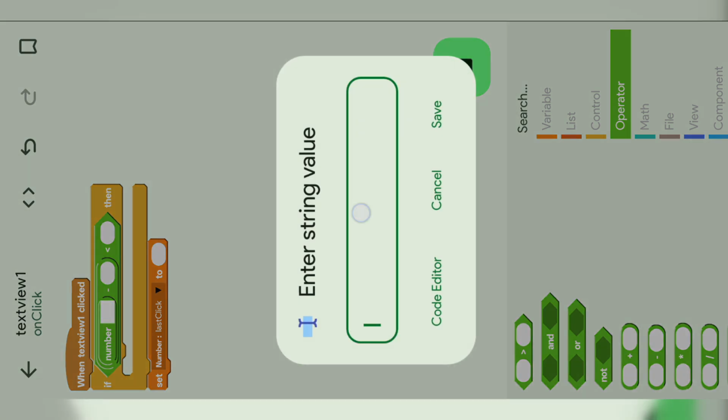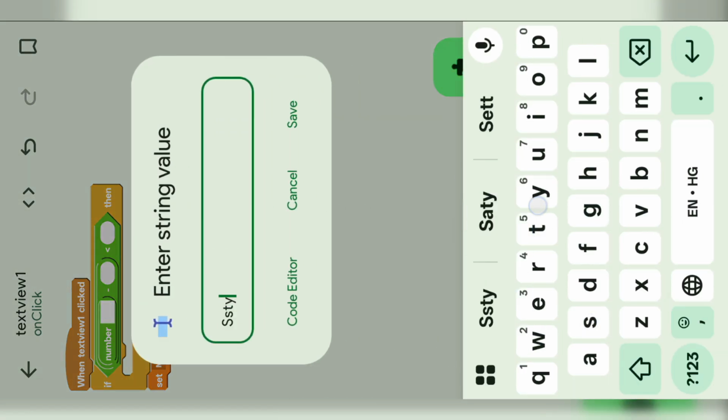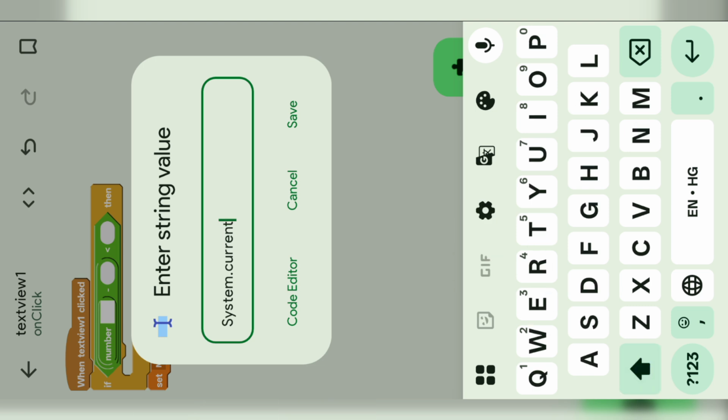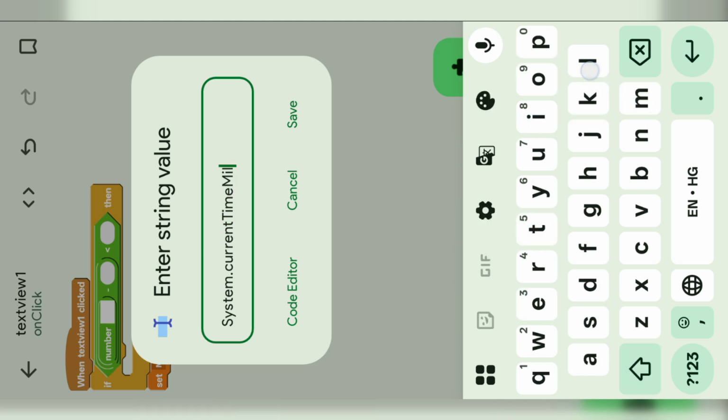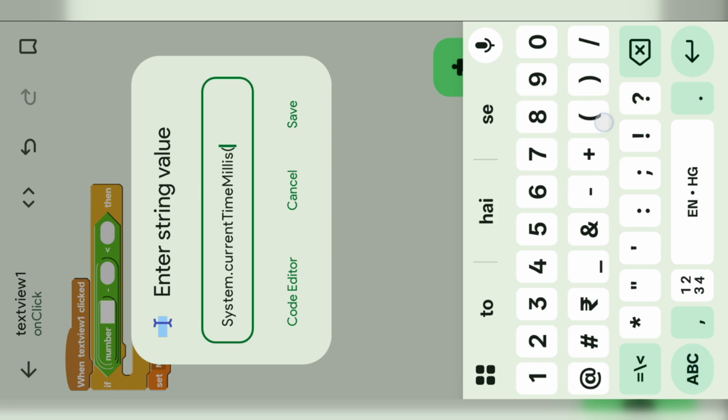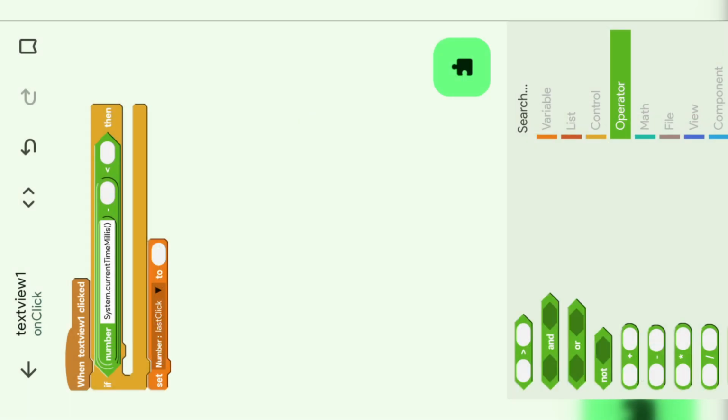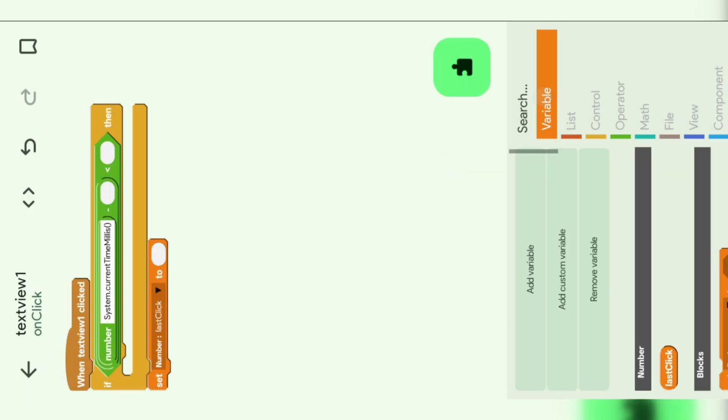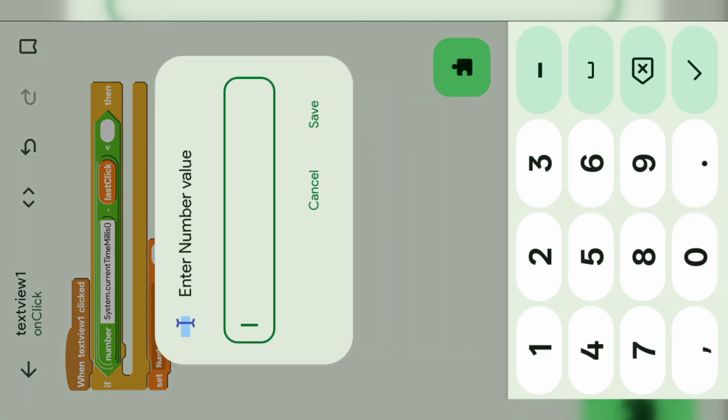and in the number block write the code System.currentTimeMillis(), and close this line and save. Inside here place your number block, last click, and the greater value minus lower value is